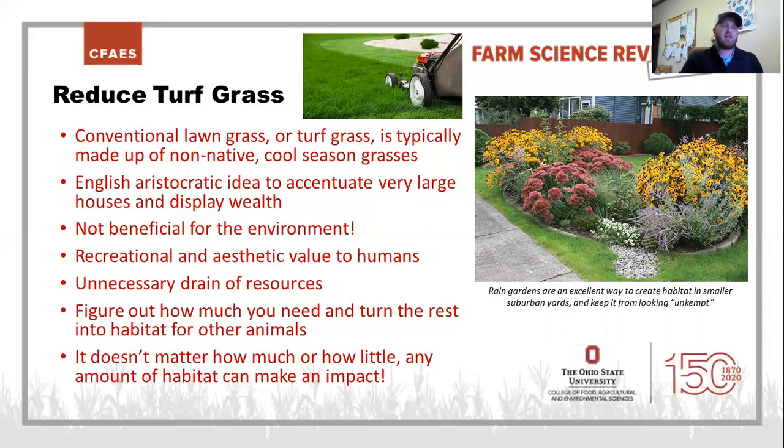But we need to have a little bit of a change in mindset about just how big and how much yard we actually need, and how much of it we can dedicate to rain gardens and things like that, and wildflowers, trees, shrubs. These things are going to create habitat for the wildlife you're trying to attract. Those turf grasses are not beneficial for the environment. They do, like I said, have a place. They do have a recreational value, playing, especially if you have children or pets. They have an aesthetic value to a lot of people,